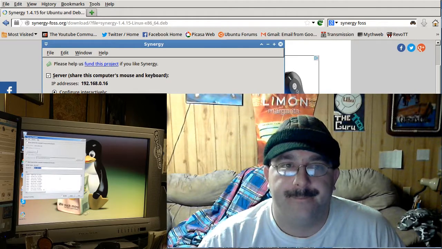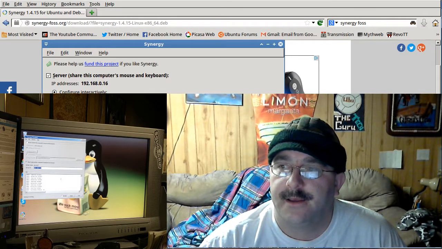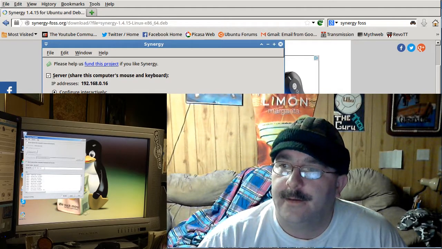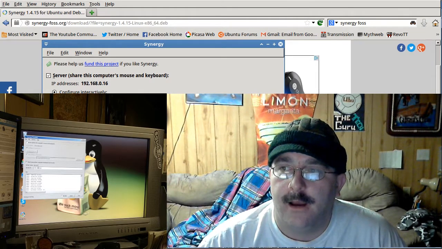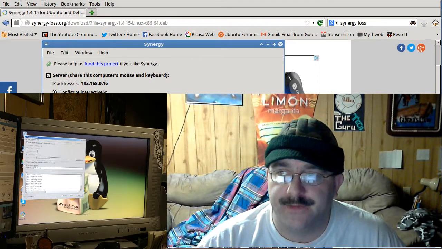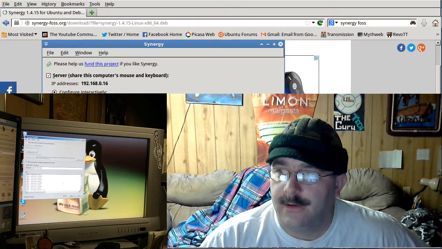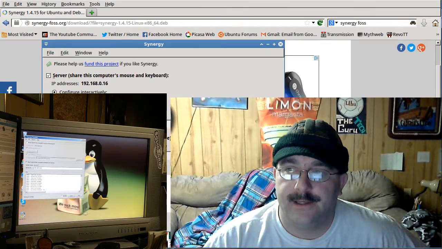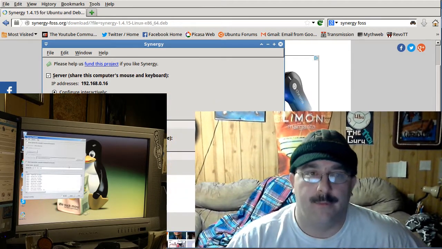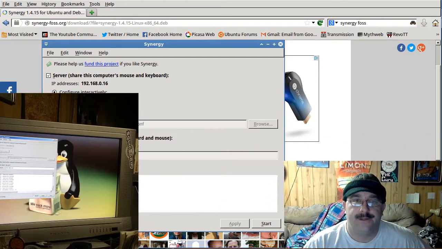It was 192.168.0.16. So I enter that here, and then note the screen name of this computer. So this is ubu-win7, so that's good to go. And we can leave this computer now. We don't need to do any more on this computer. Let's go back to the server computer, and now we need to set up